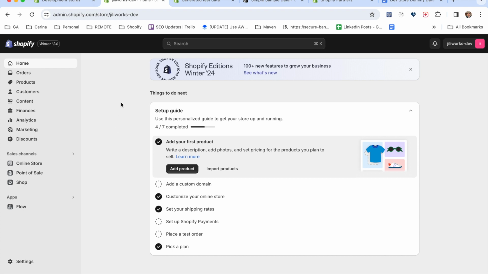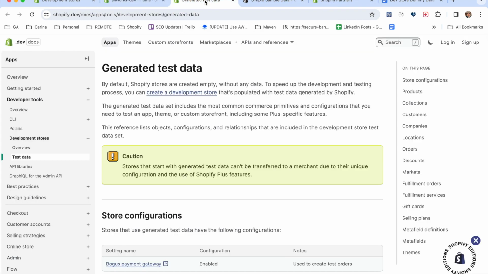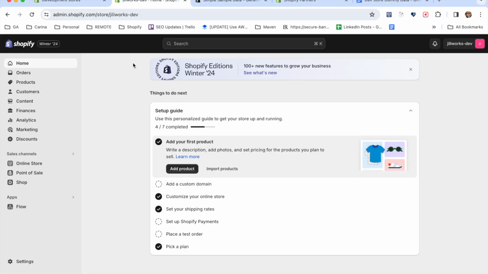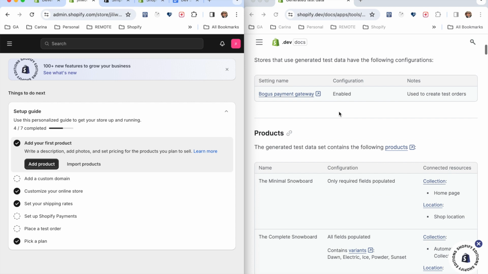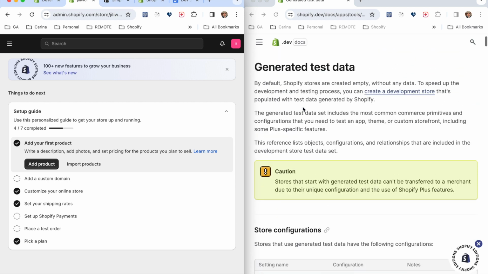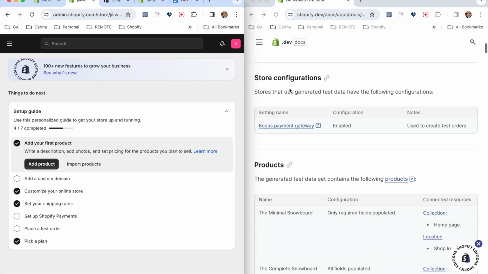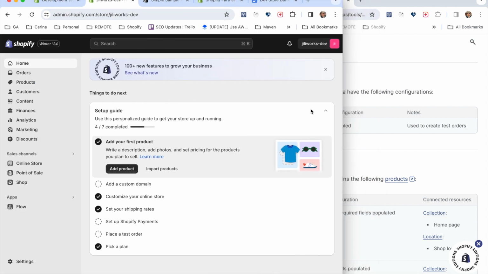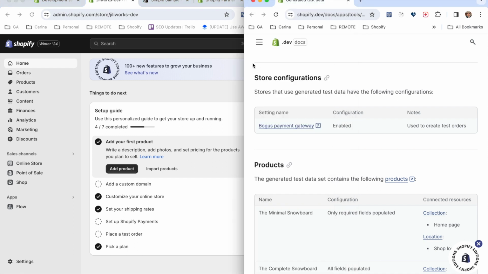Okay, so let's take a look at what we have. Now, once again, I'm going to follow this here. I'm going to put this on this side, open Jilly Works on this side. I really want to take a look at the functionality that we will have available here. I'm going to go down this list. Let me move this out over here a little bit. There we go. One is store configurations, and what it gives us is access to this bogus payment gateway,